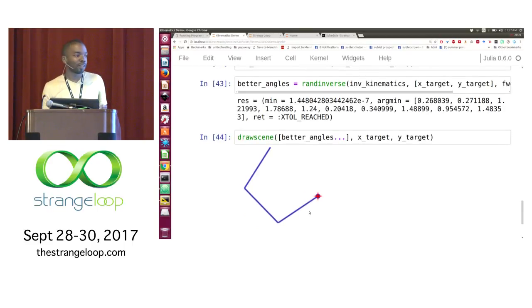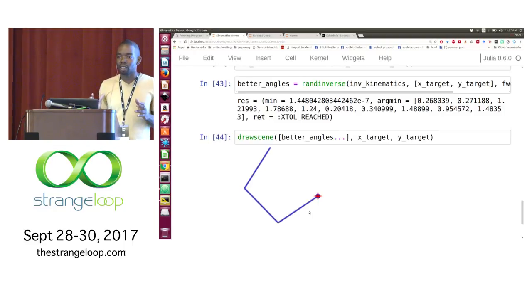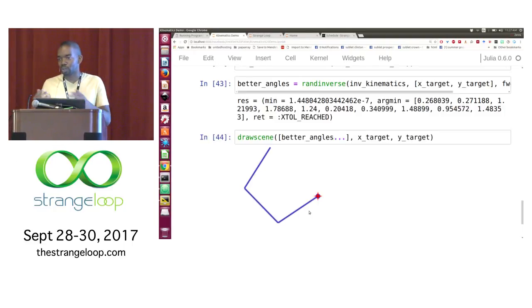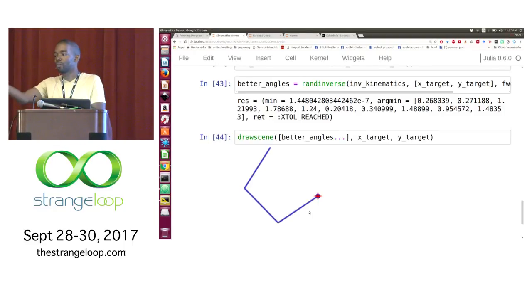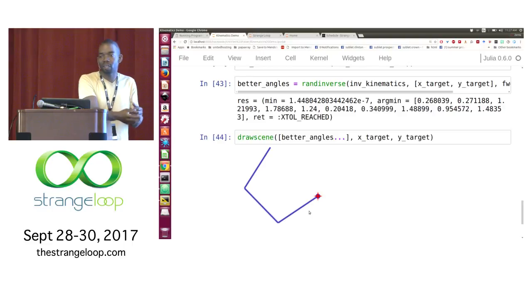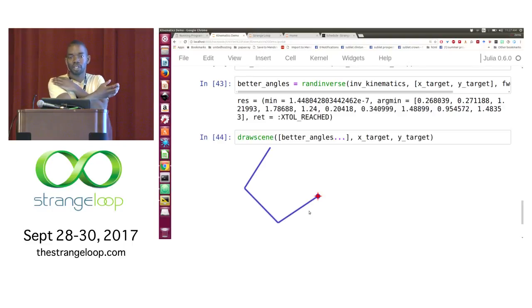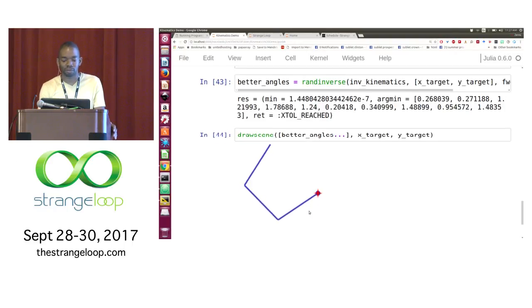If that didn't all make sense, the basic idea is that I had this forward kinematic function which took in some angles and said, here is my point in xy space. And now I've inverted that function and said, take an xy and give me some angles which would reach that point, right? So if I had a real robot, I can say, here are the angles that you should choose. Here's how you should change your motors such that you can go and pick up things in real space.